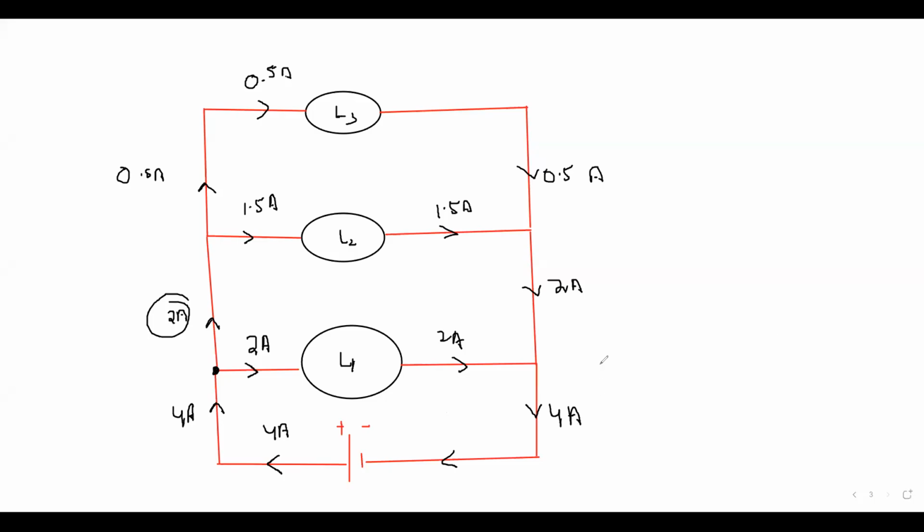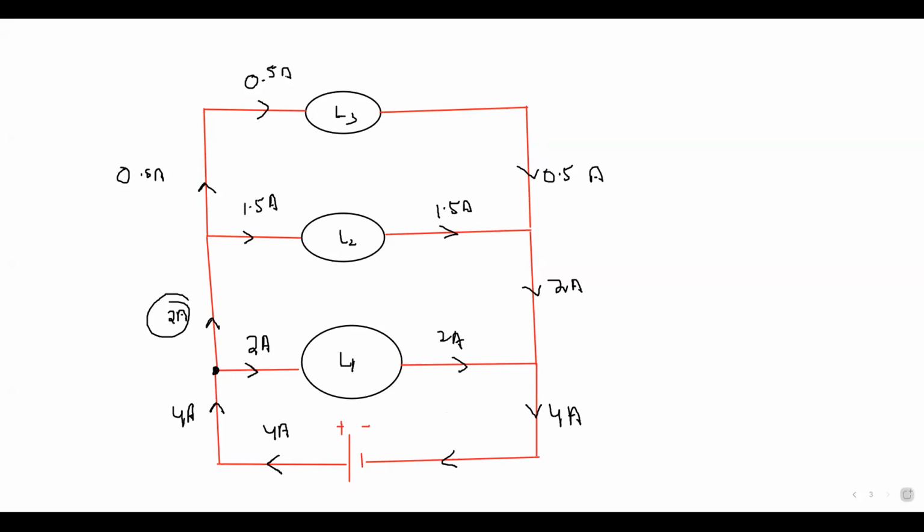So resistance is another quantity. By calculation, we will show what will be the current in each branch. But right now, we are only discussing the theoretical circuits in which I'm giving you the values, and you just have to work out what will be the current in each branch. Is it clear?